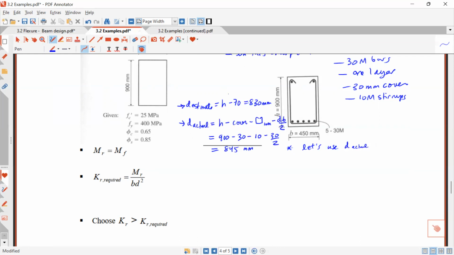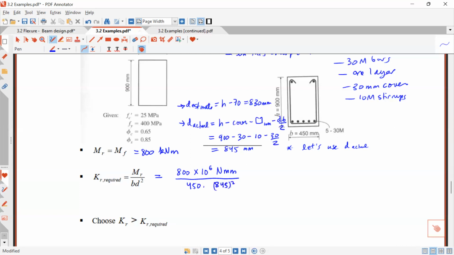Okay, so let's use the actual, but you can also do it with the estimate. You're just going to make sure to verify your analysis at the end. We set MR equal to MF, which is 800 kilonewton meter. Then we solve for KR required. We have 800, be careful of the unit, times 10 to the 6 Newton millimeter, divided by BD squared, so divided by 450 times D